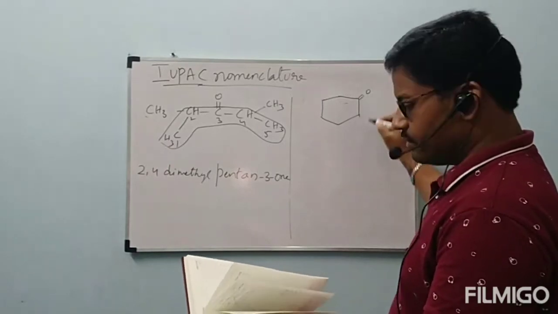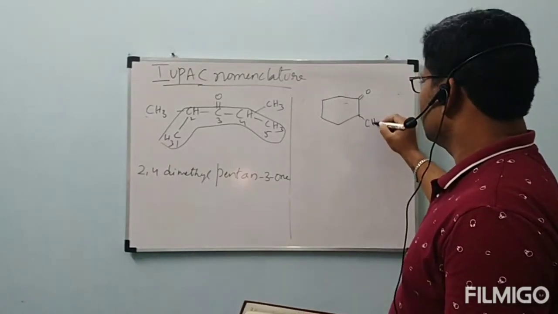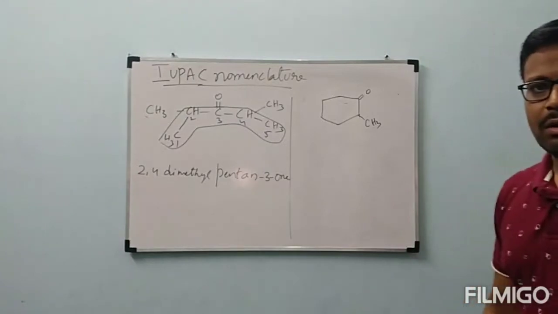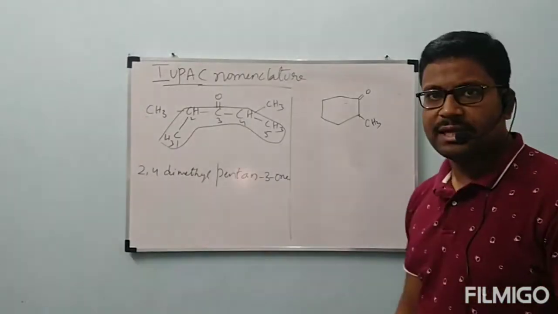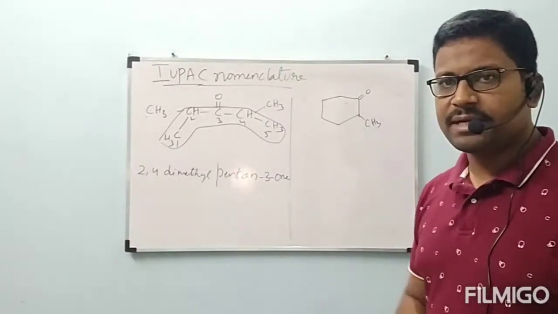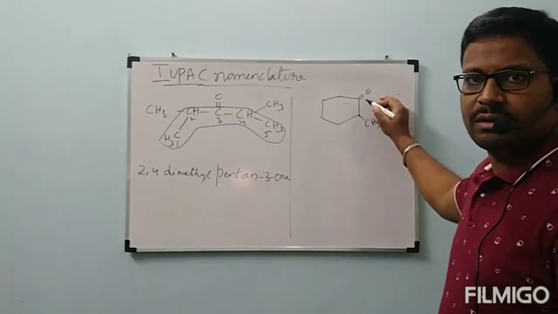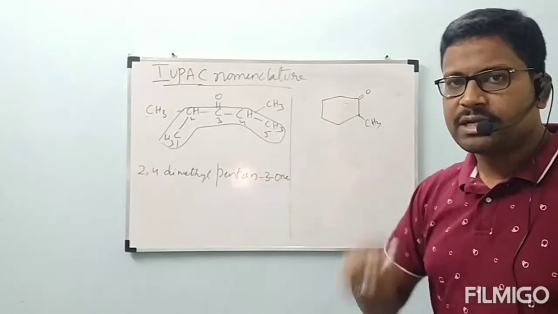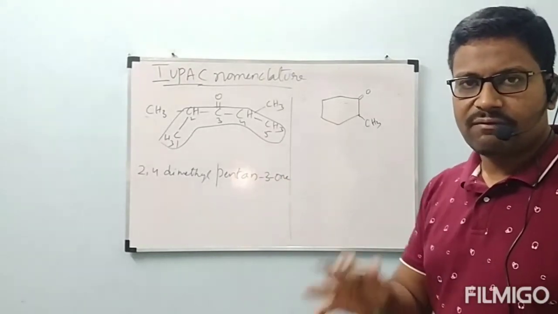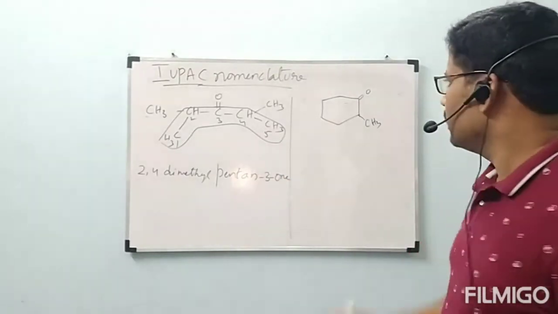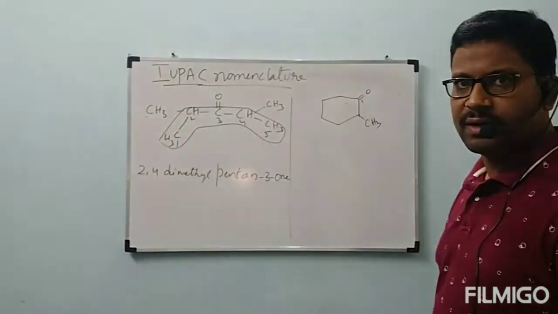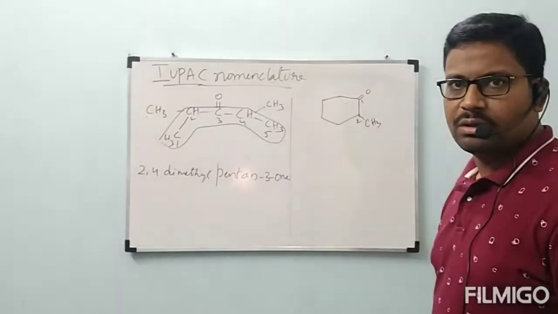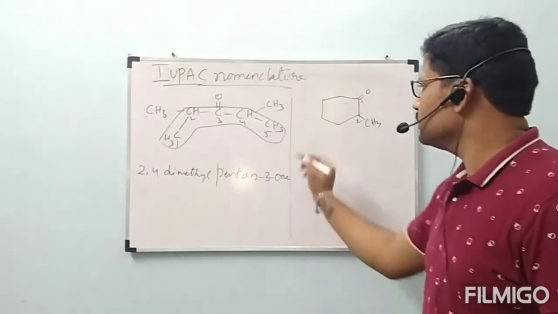Cyclohexane ring with double bond O and CH3. Out of double bond O and CH3, here ketone group is included in parent chain. Observe. Because ketone group must be bonded with two other carbons, no? So it can be included in parent chain. But for aldehyde it is not possible like this. Now, started with numbering from here 1 and 2. Now, on which position CH3 is there, no?